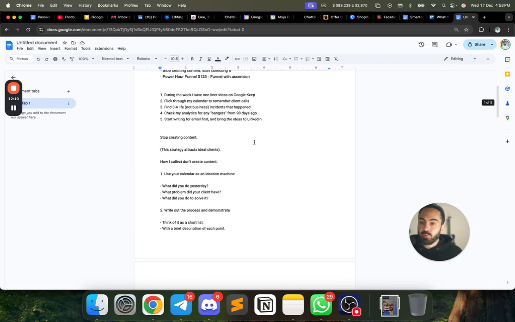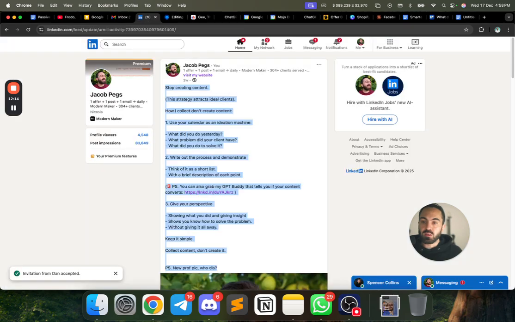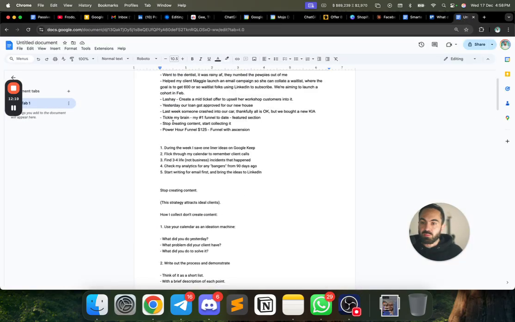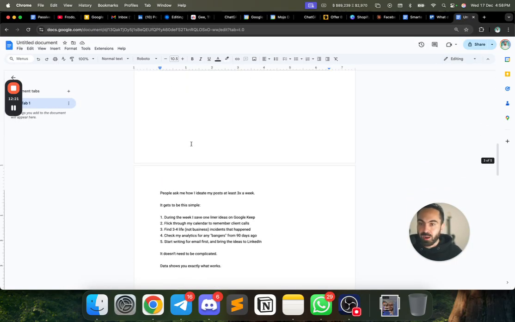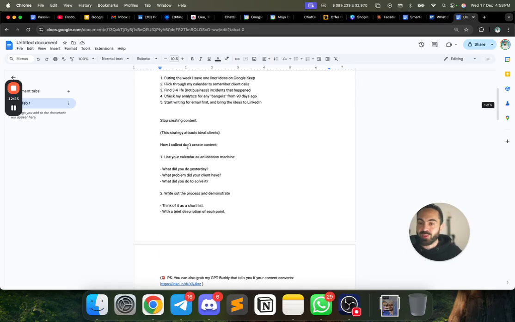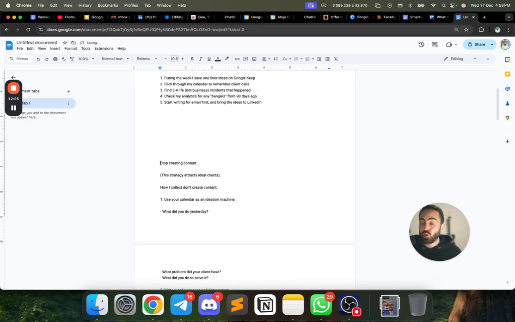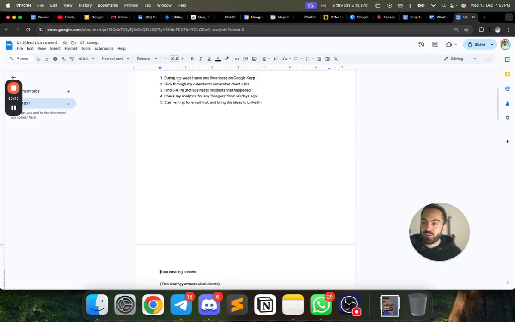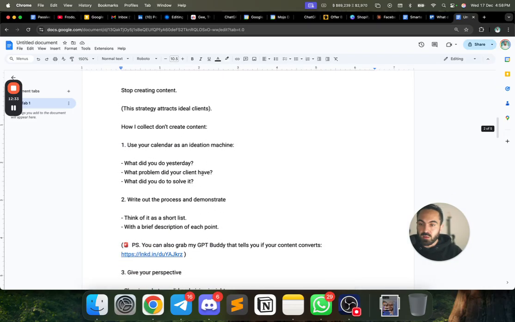And then another post is, remember, we just saw the stop creating, start collecting. So I'm literally going to grab this. It's 2 weeks ago. So I'm like, nobody remembers what happened 2 weeks ago, let alone what they ate yesterday. So in this case, I'm looking at this going, brilliant. Let's see here. Stop creating content. Here's how I collect content. So I'm just literally going to go,